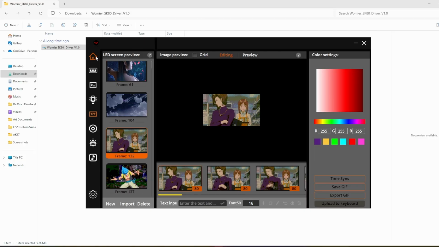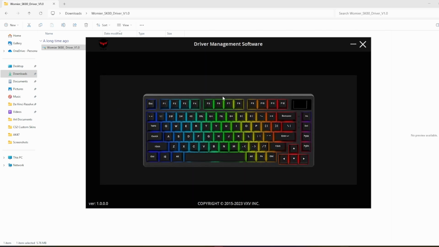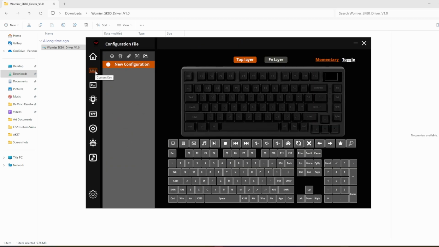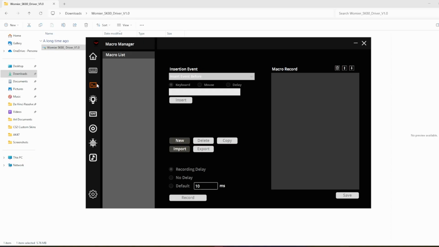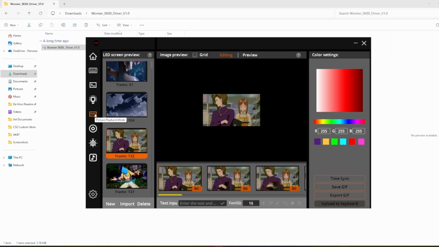So in order for you to customize, to edit, you just need to go here, click this logo, the TFT logo, and let's say go back to the home. This is the customize key, and just go here in the TFT display. Let's say I want to make a new GIF here. I just need to click the import here.